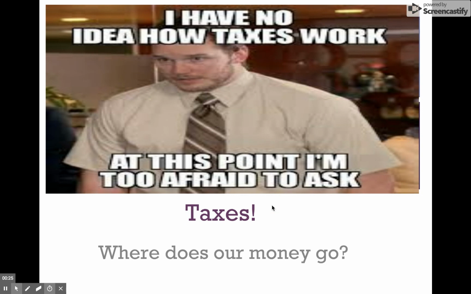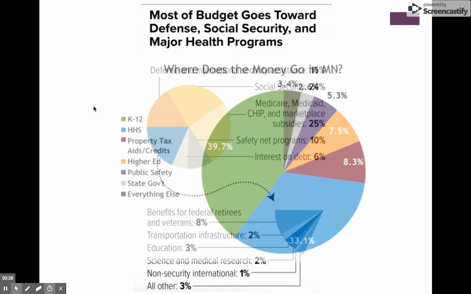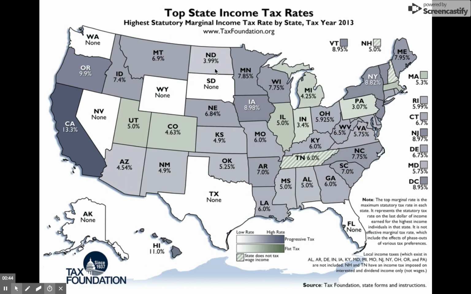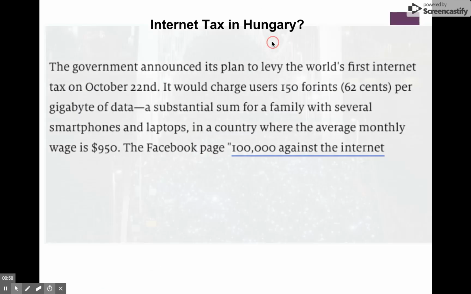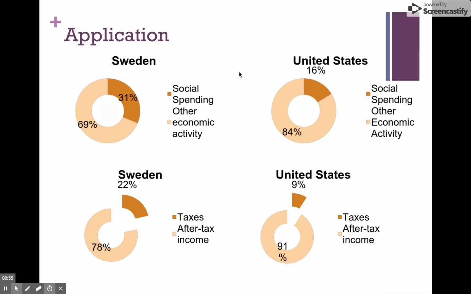So we want to look at where our taxes go, and it breaks down into a federal budget. So we've got defense, Social Security. We could spend a long time talking about Social Security and Medicare, but we won't. We just want the general idea of what our money goes towards. And we, fortunately or unfortunately, live in one of the highest tax states in the United States. And taxes usually make people pretty upset.